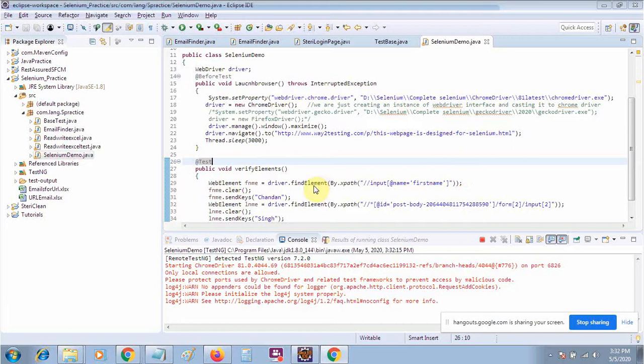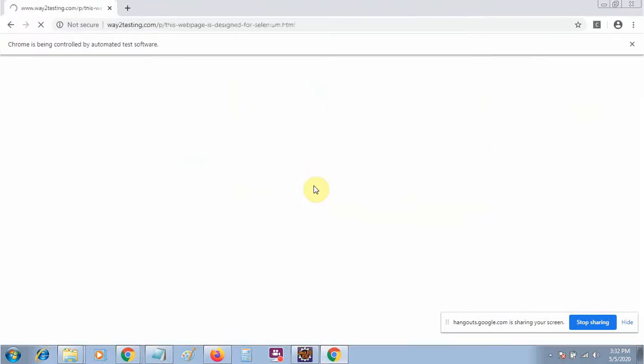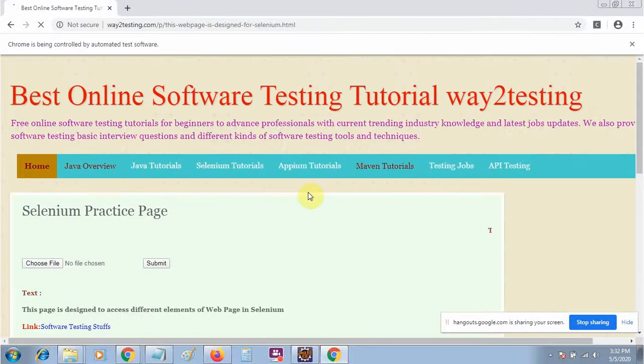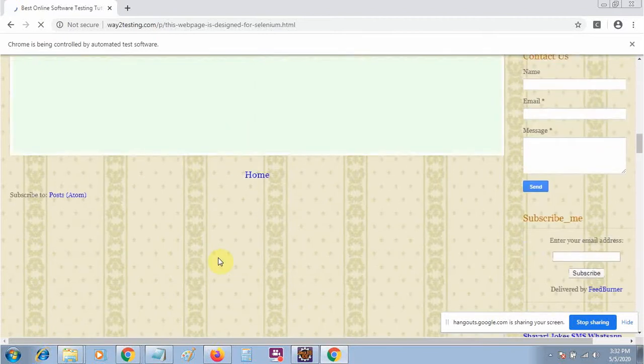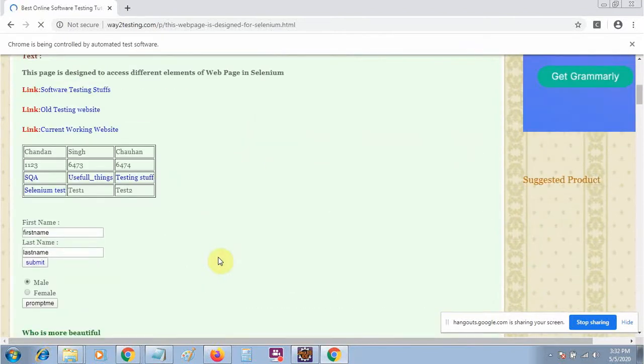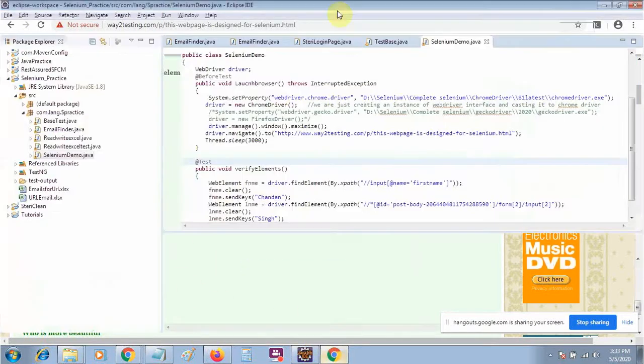After that we will work on how to do the mouse over and how to perform list box actions. We have given some time, like 2 or 3 seconds, so it will take some time. You can see it is loading. I have given a 3 second wait; after the 3 seconds it goes to this element, it has been cleared and now the value is entered. So this is the way to automate.